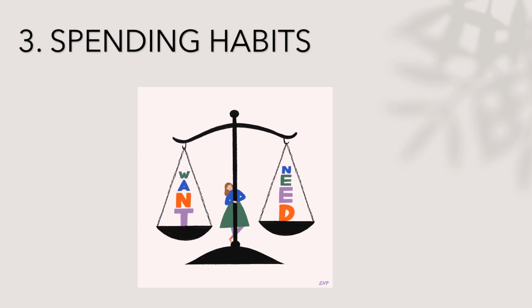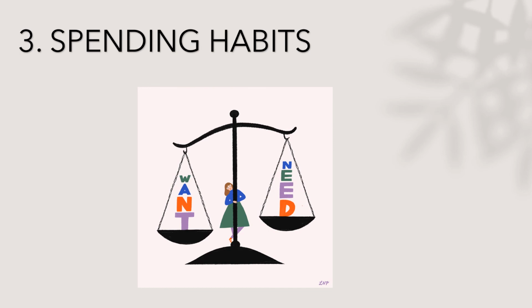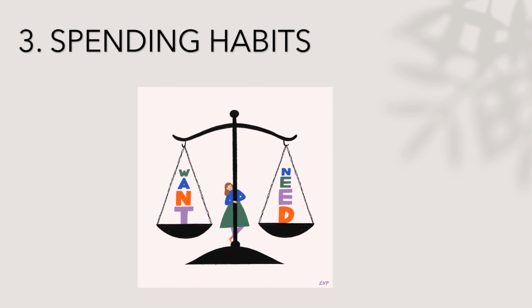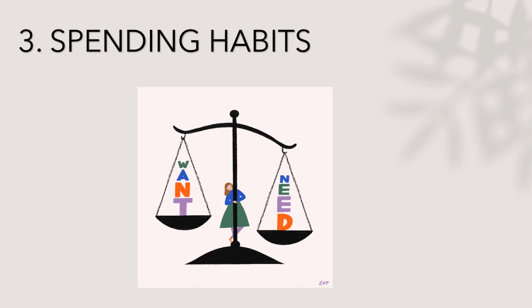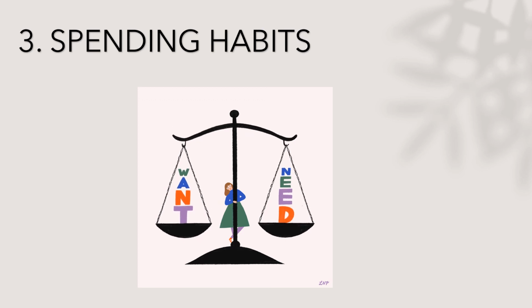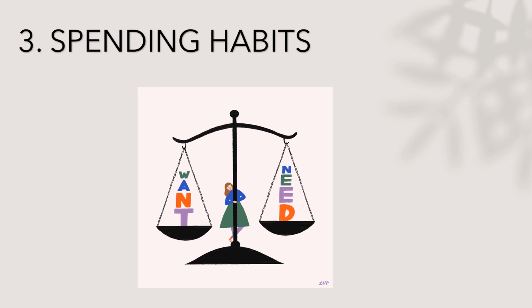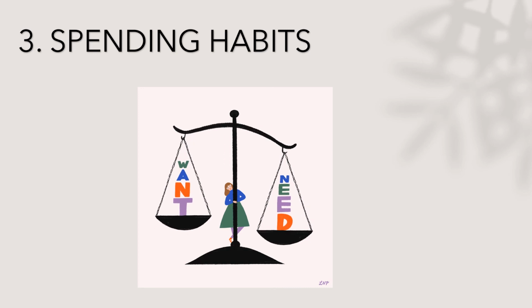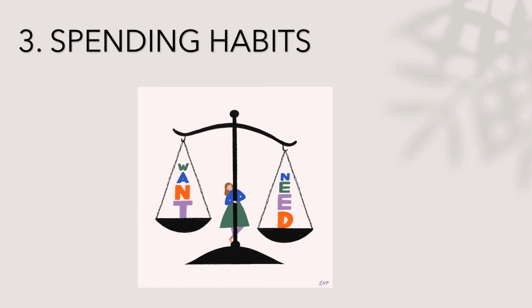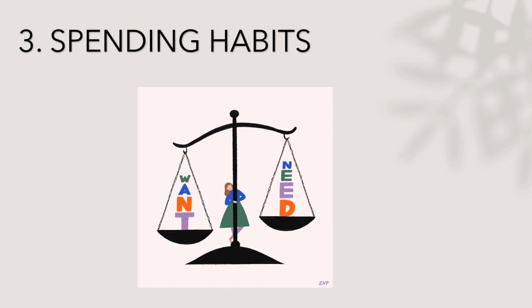So once, these are not necessary. You can live without it if you choose to live without it. So remember your spending habits. You really need to understand what is your need and what is your want so that you can create a good budget, a personal budget. At the last part of your module, there are suggestions of the ways in which your allowance could be budgeted wisely.